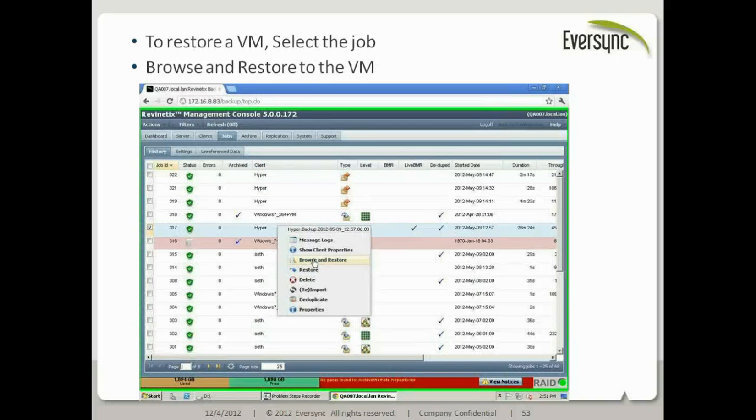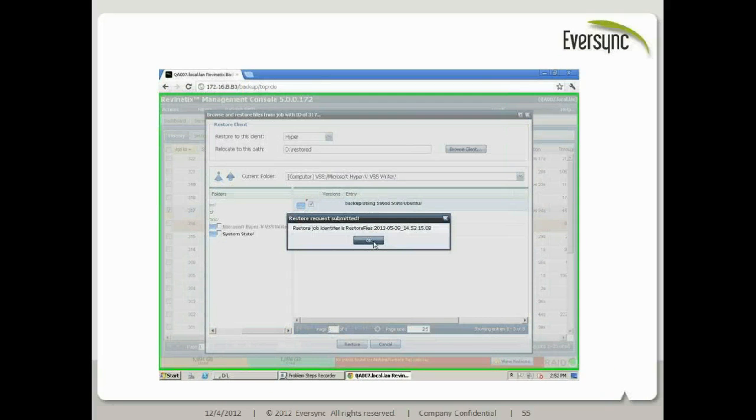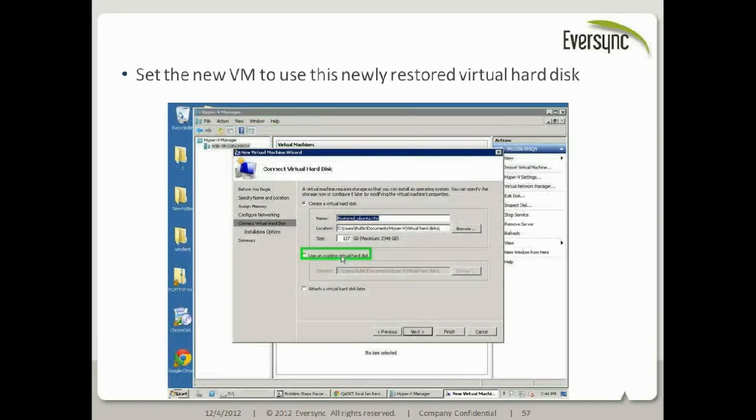And then you just back it up like you would any other. As far as restoring goes, you can go into the same browse and restore window I was trying to show earlier. Select the virtual machine's virtual disk, restore it back to that host, and then on the Hyper-V host you can create a new virtual machine that uses that disk, and there you have all your files back from the backup.